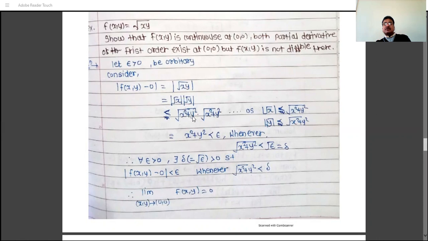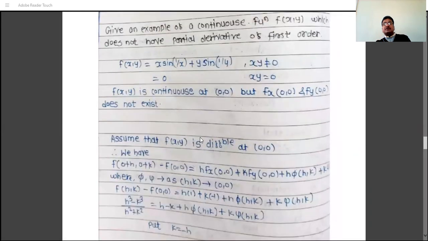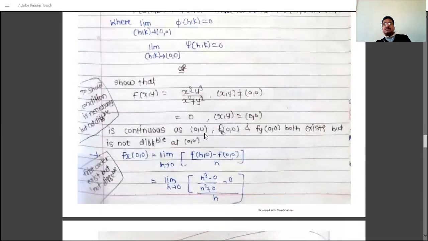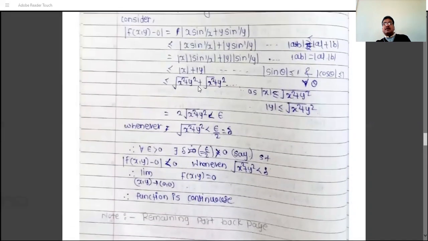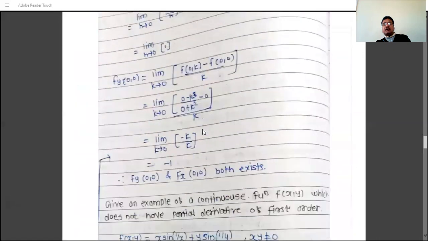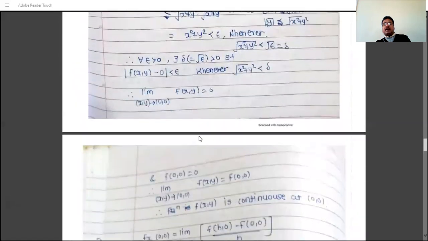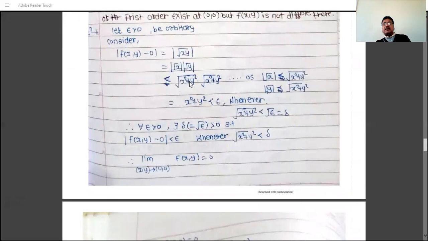If there were root of x square plus y square plus root of x square plus y square, then it becomes 2 times root of x square plus y square, because a plus a is 2a. But a into root a into root a is a. So root of x square plus y square into root of x square plus y square is x square plus y square, and this is strictly less than epsilon whenever